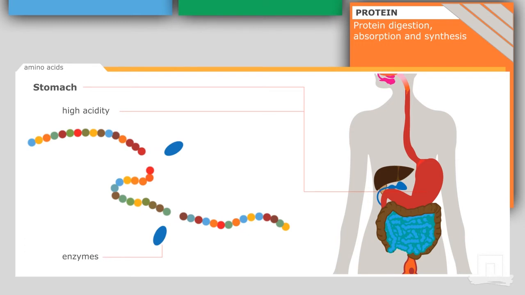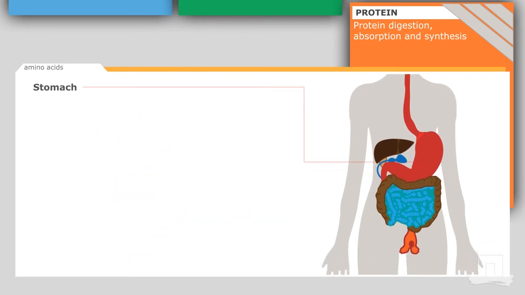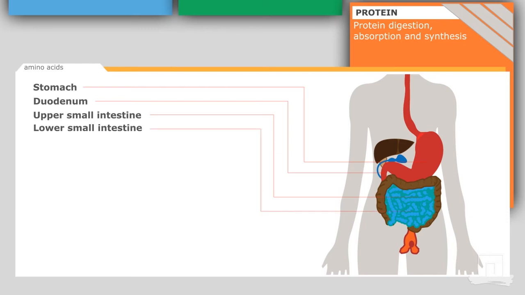Now that digestion continues in the upper part of the GI tract, in the duodenum and the upper part of the small intestine, where further digestion is taking place. And digestion should be almost complete by the time the food reaches the lower part of the small intestine. So absorption should be complete, and whatever remains will go into the colon and will leave the body undigested. And for protein, we assume that about 5% of the dietary protein leaves the body undigested in the stools.